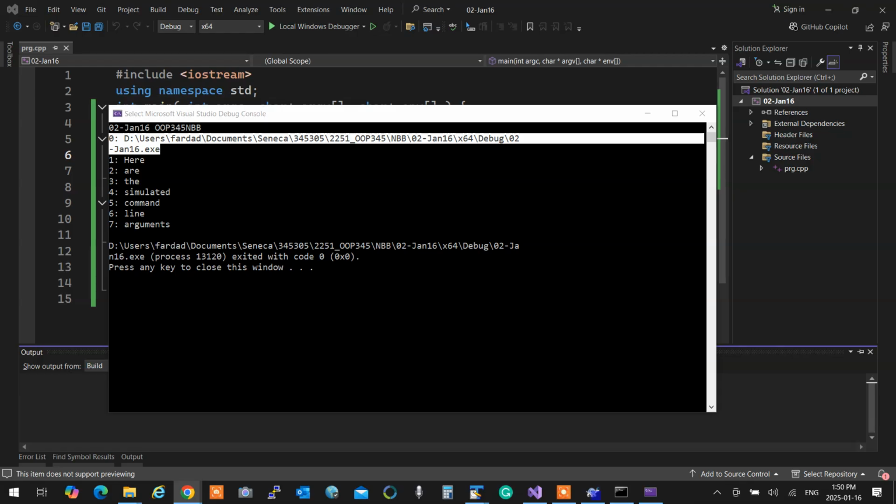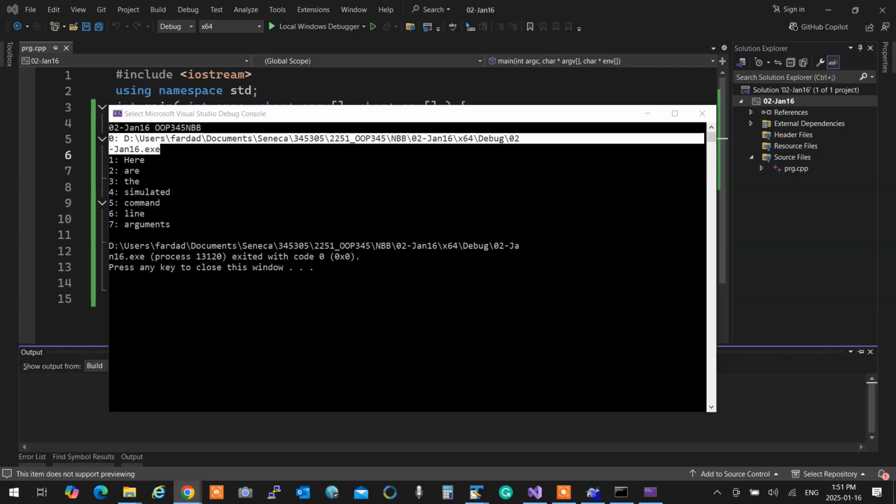No. It always is what you write. The first argument is what you type in the command line. Because when you run it, the debugger types the complete fully qualified name of the executable. It holds the absolute path for it, only when you run the debugger. So essentially, if you always want to know the name of the executable, you have to keep parsing out backslashes or slashes, depending on the operating system, and see what is the last token. And the last token is the name of your executable.